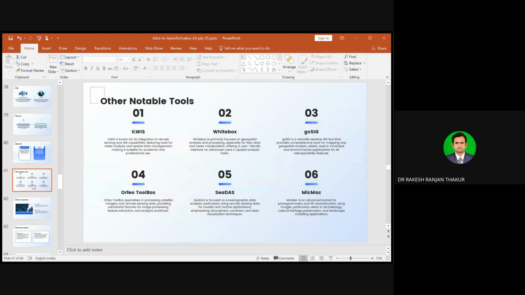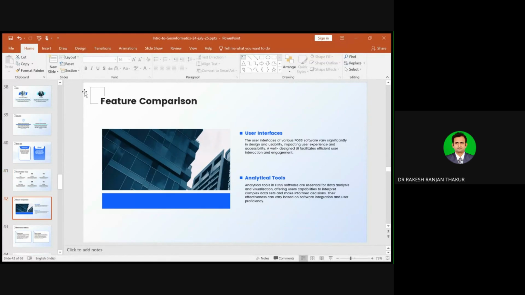is concerned, right? So apart from that, we have some other notable tools like you can use ILWIS, you can use Whitebox, gvSIG, MicMac, QGIS, Orfeo Toolbox, and so many are there, right? That can be useful. And now some of the feature comparison between open and commercialized,